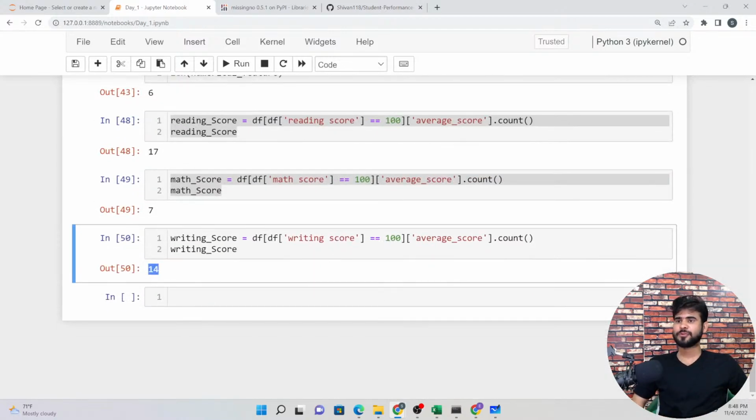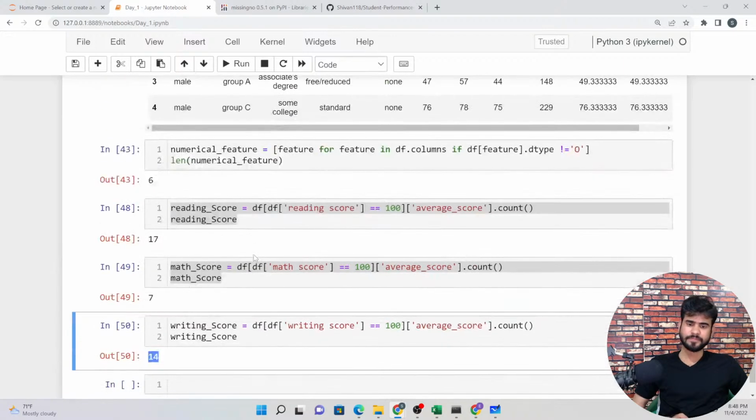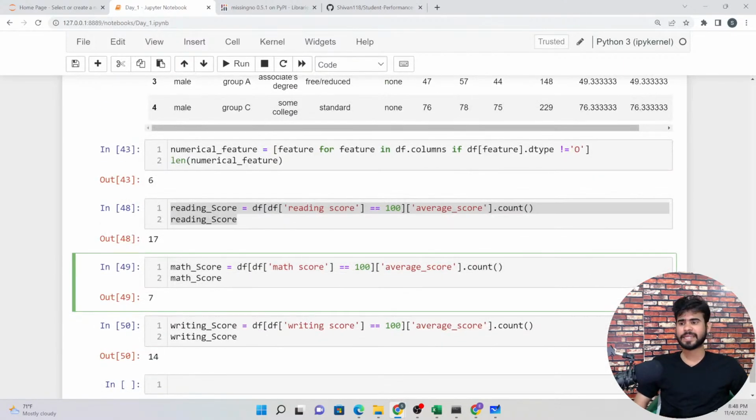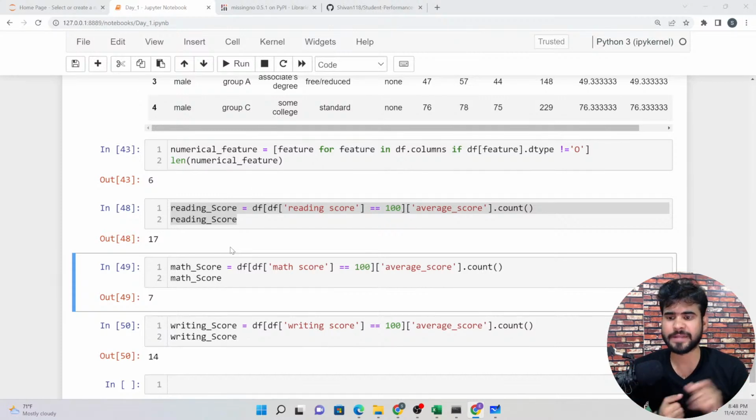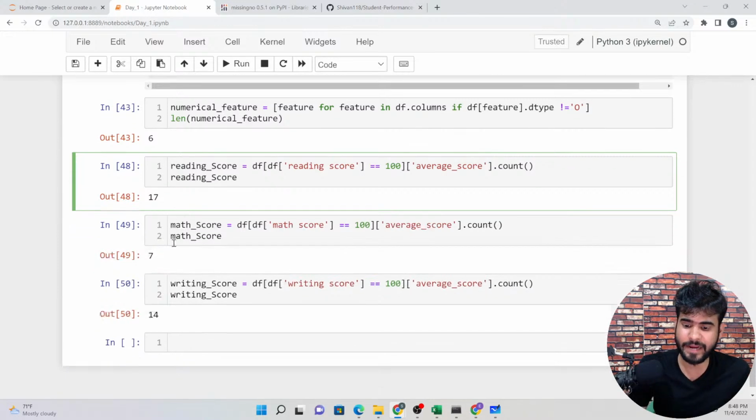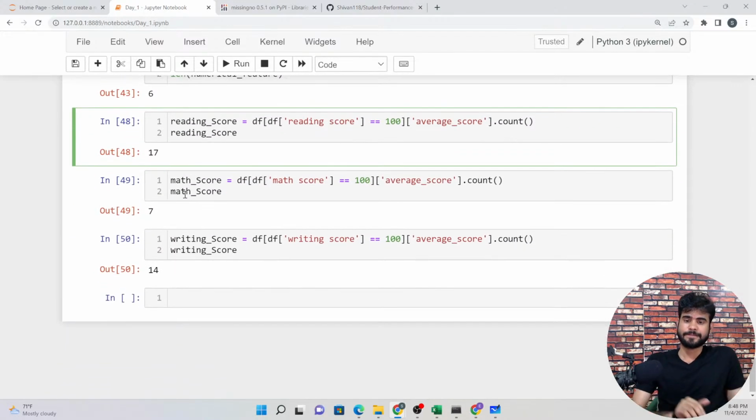Now what we can do, as you can see from these insights, can anyone tell me the insights of this data? Insights of these three columns, 48, 49 and 50. Yes, anyone can tell me the insights of these three columns only, nothing else. Three columns insights. I want to know the insights of these three columns.